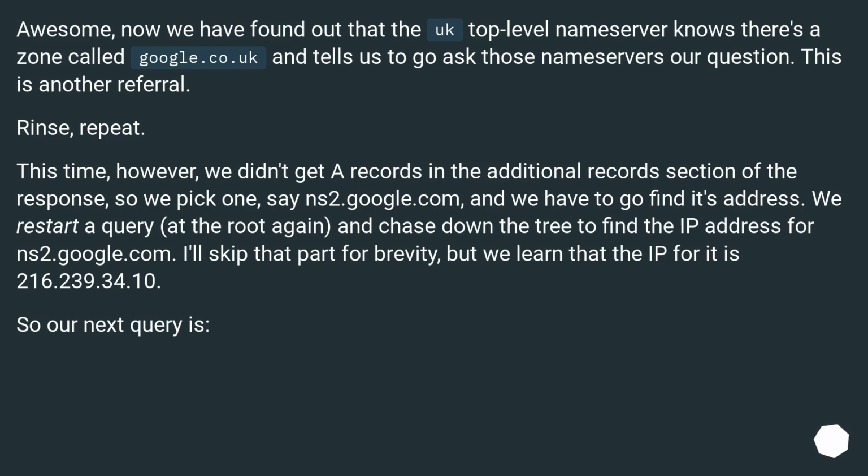We restart a query at the root again, and chase down the tree to find the IP address for ns2.google.com. I'll skip that part for brevity, but we learned that the IP for it is 216.239.34.10. So our next query is,